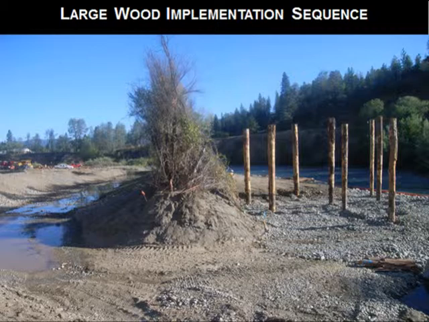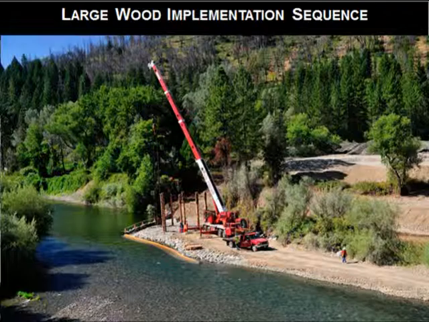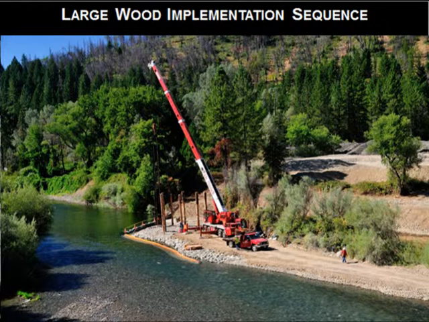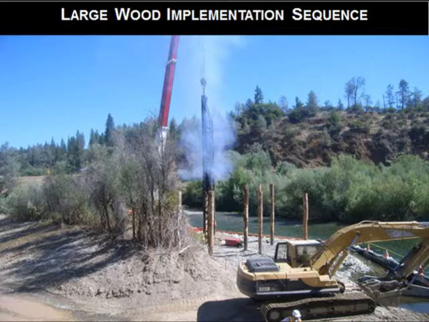We have a huge recreation component on the Trinity, so we had to maintain boaters to be able to access and recreate down the Trinity. So this is just showing how we started that and then used, like I said, a crane with hydraulic hammer to drive those to below scour depth. And it worked really well. The first time we tried it on the Trinity there was in 2012, and we've since used that technique a couple of times.